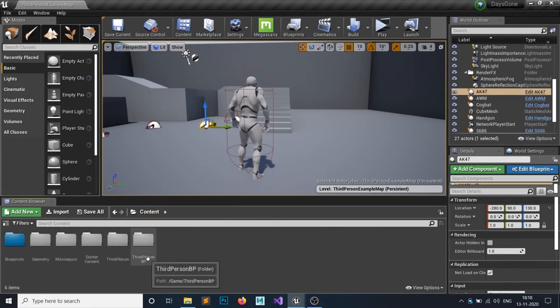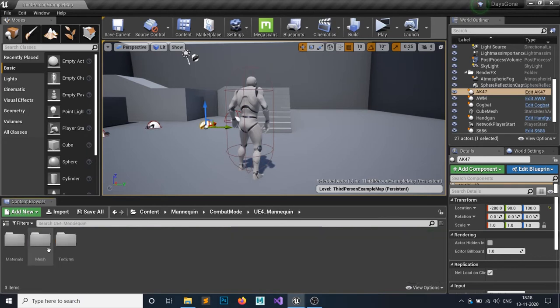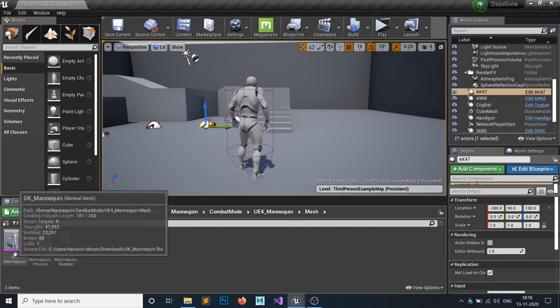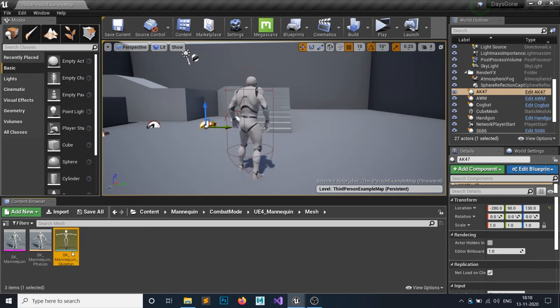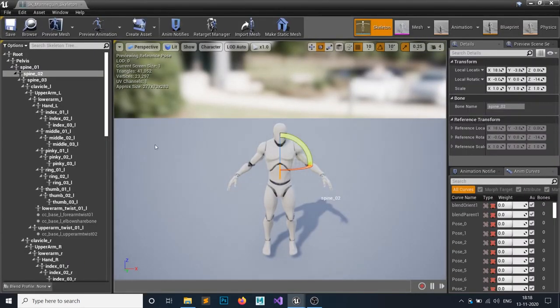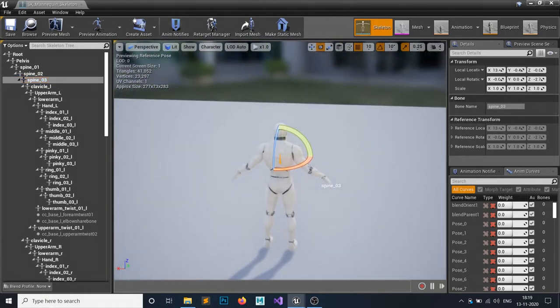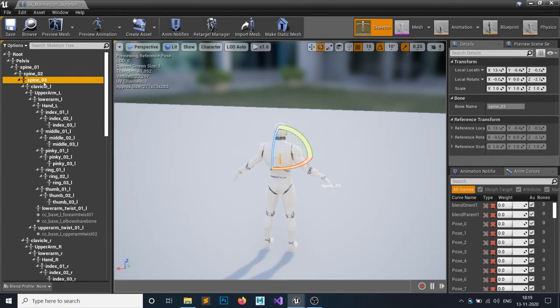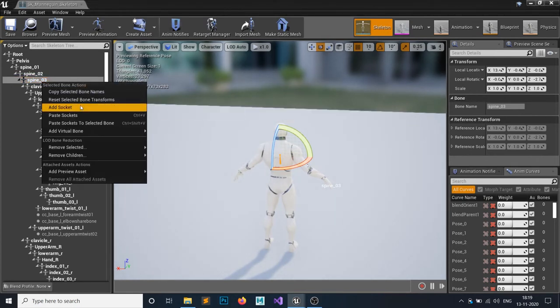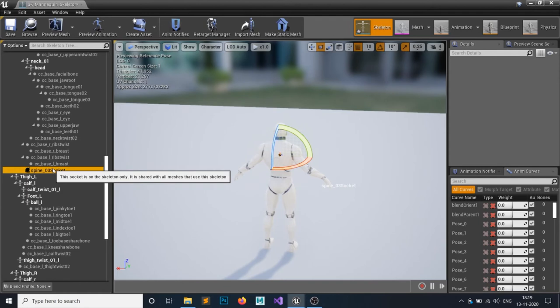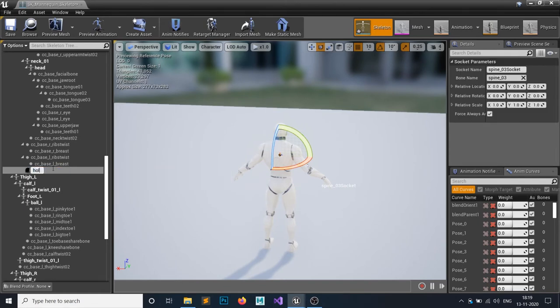So as you can see, my player has this skeleton. Whatever player you are using, you have some skeleton. For me, I find this spine 3 best for attaching my guns. So click on this bone and right click to add a socket. As you can see, I have added this socket and I'm going to call it holster 1. Call it whatever you want. So one holster is attached in here, right?